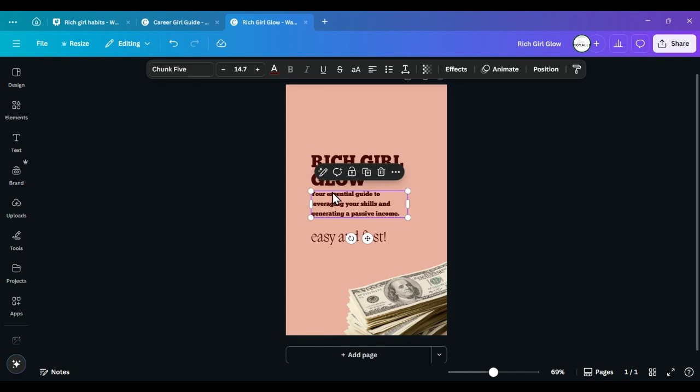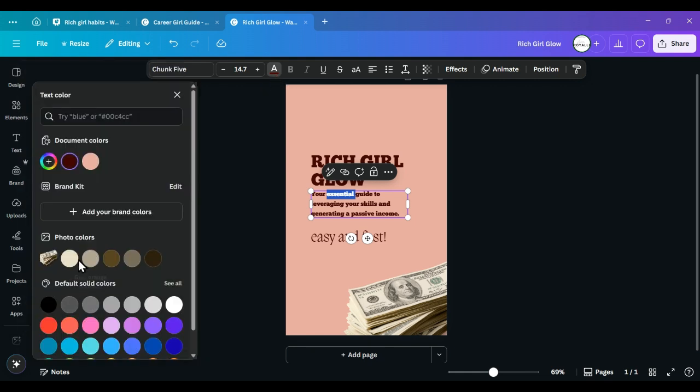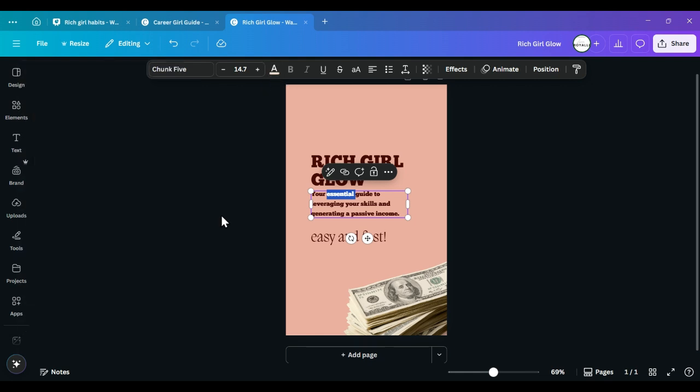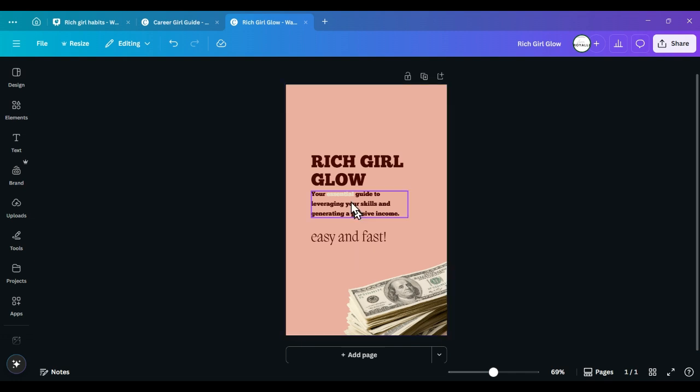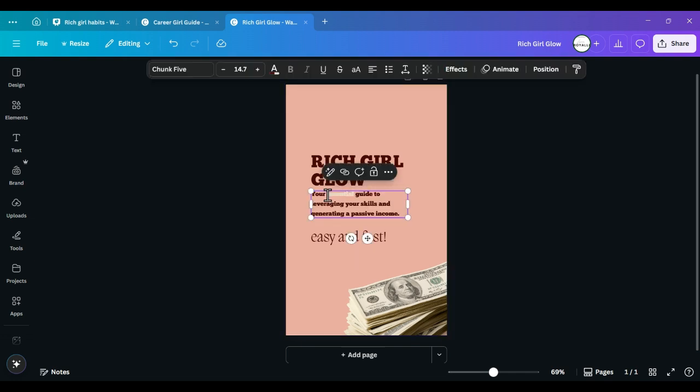So you want to make your work stand out. So you see what I'm doing, right? I'm just highlighting a word, and I would like to go to the text color, which is this A here. And since I want it to stand out, I'm just changing the color. You cannot see that though. But that's what you would do if you want to